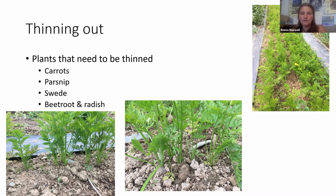So you need to do that first thinning quite early. I've got a 25-meter bed, so I did that over 3 weeks, and we ate that harvest ourselves. And now this is the spacing they are now. So now I'm going to do the second thinning, which will thin them out to about